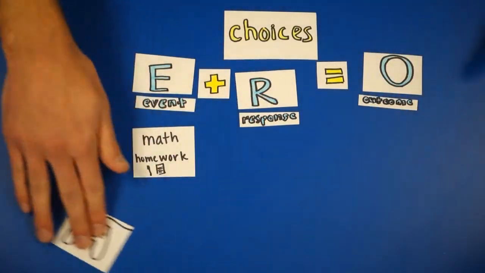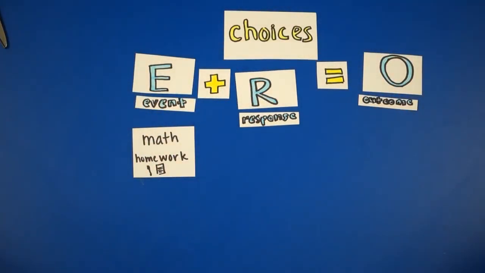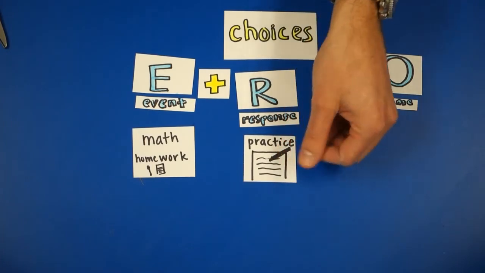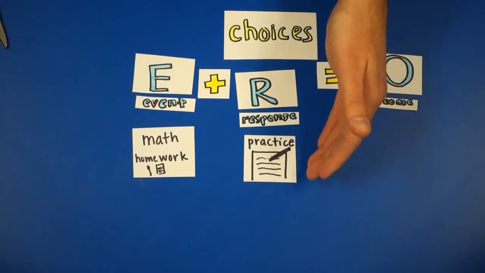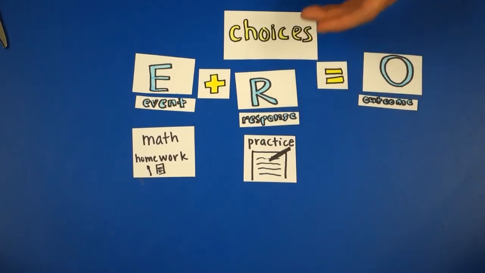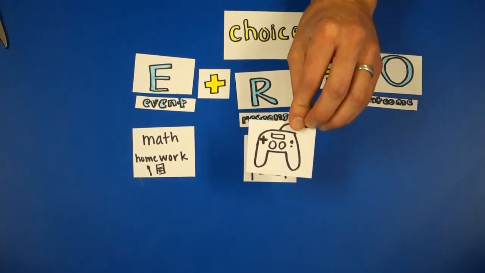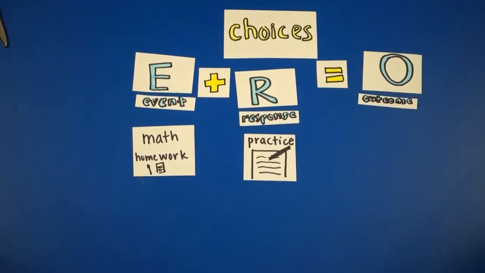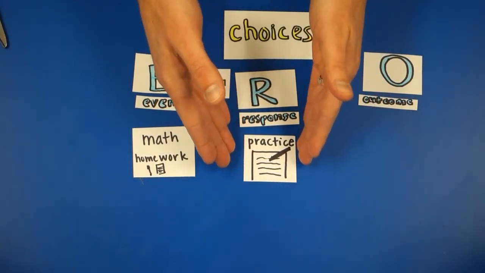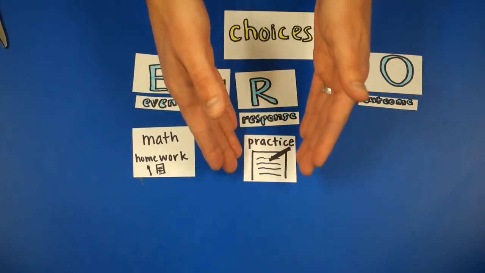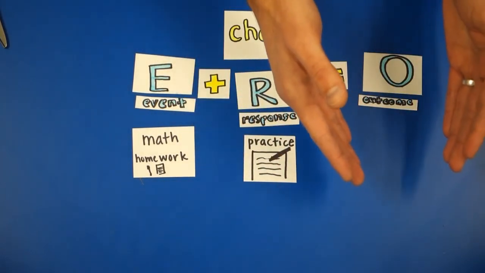Well, what would be a better response than playing video games? Well, what do you think? I think to do your homework and actually practice the math work, right? Sometimes it's not the easiest response to do. It's pretty easy and fun to play a video game, but the outcome was negative. Instead, sometimes we have to pick responses that are a little more difficult or challenging, which is actually to get the hard work done or do that practice so that we can get an outcome that we want,